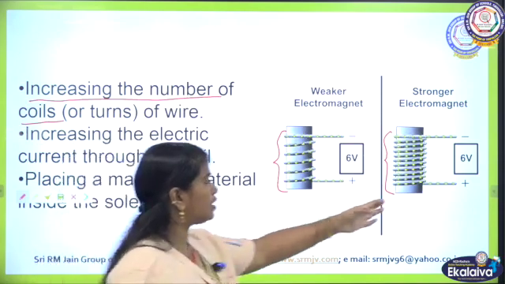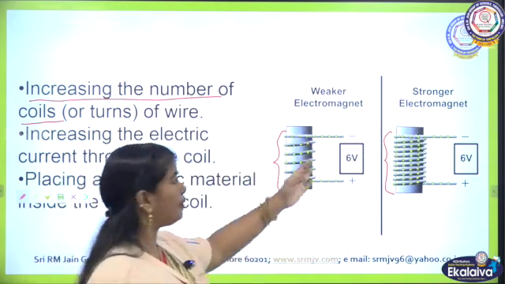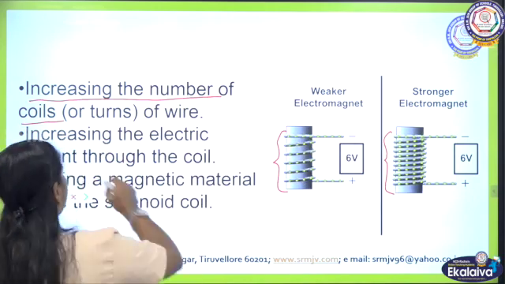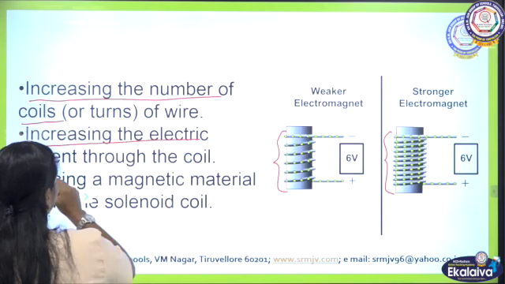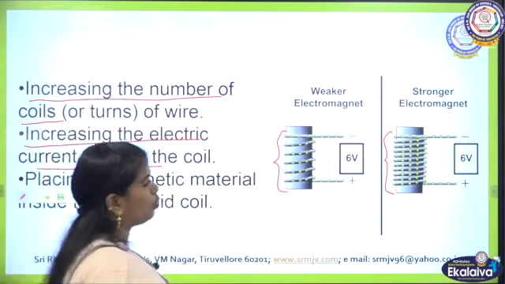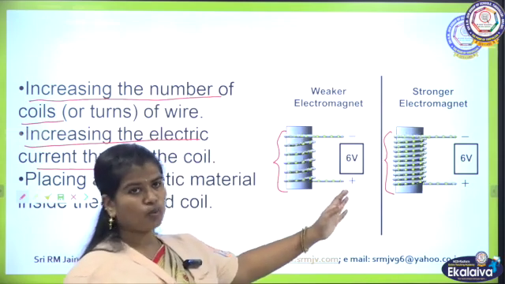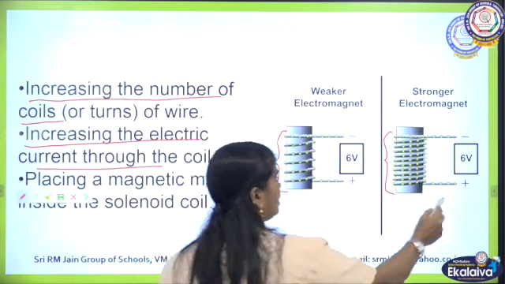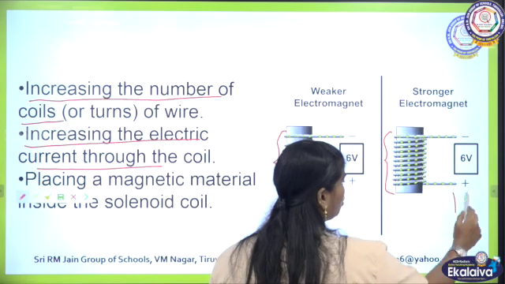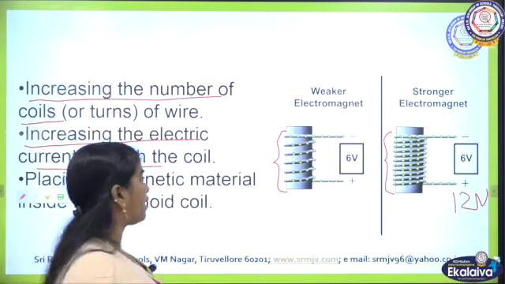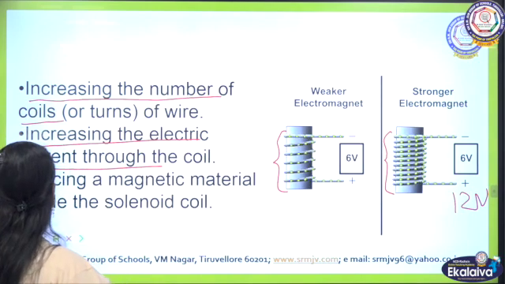So one behaves as the strongest electromagnet and the other as the weakest electromagnet. Then, by increasing the electric current through the coil: in both the coils the input is 6 volt. If I increase the 6 volt to 12 volt, obviously it will become the strongest electromagnet. And the last possibility is